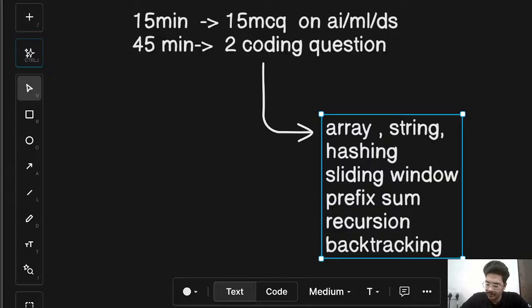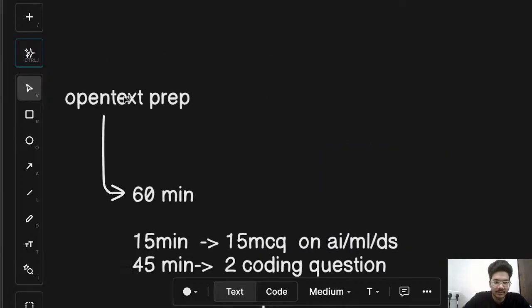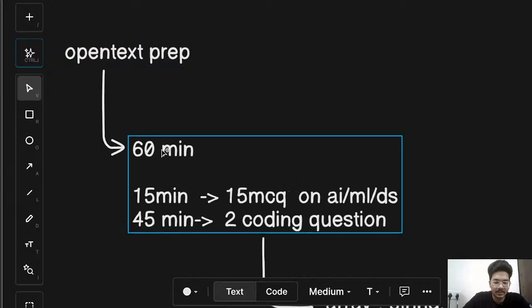So good evening everyone. Today we are solving the company wise question. One company name is OpenText and